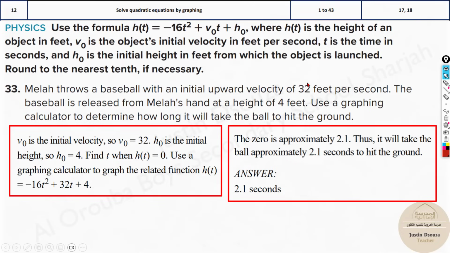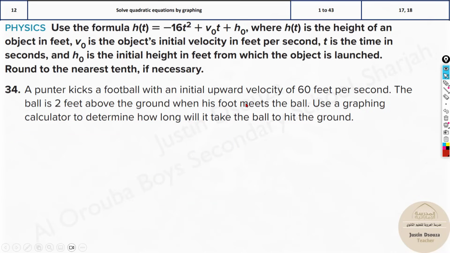Very straightforward. The initial velocity is given. Substitute over here instead of V0, and a height is given. And we need to find when it hits the ground, so just make this equal to 0. Solve it up. Similarly, over here we have a punter kicks a football with an initial upward velocity of 60